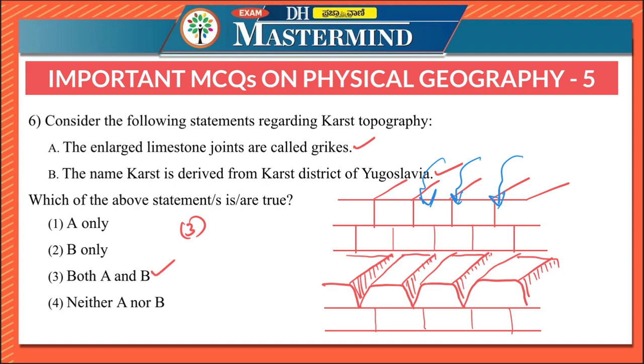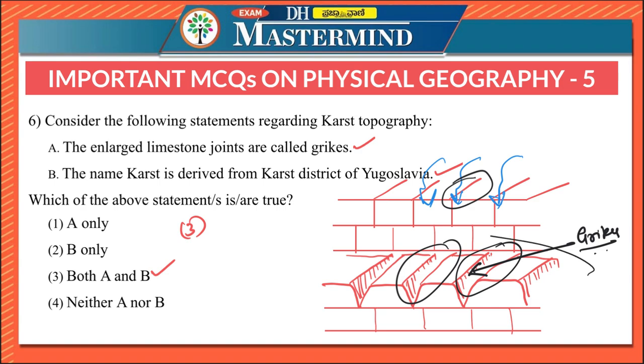This is the limestone pavement, and the enlarged joints are called grikes. Due to the action of water, the joints have got enlarged, and this is called grikes. Why does this happen? This happens because rainwater finds its way underground to the joints. In the process, it enlarges the joints, and when enlarged, they are called grikes. This enlargement results in the creation of a limestone pavement, and the isolated rectangular blocks are termed